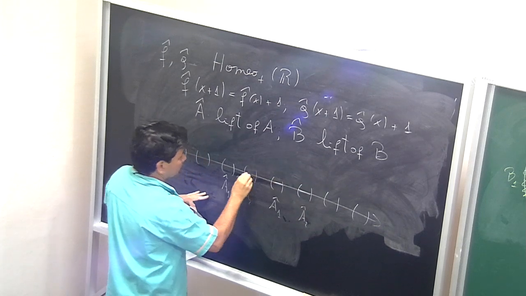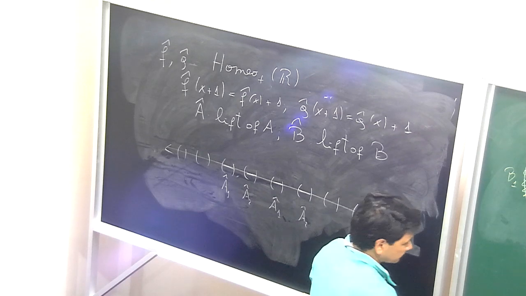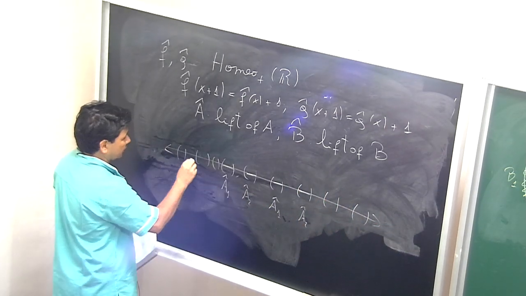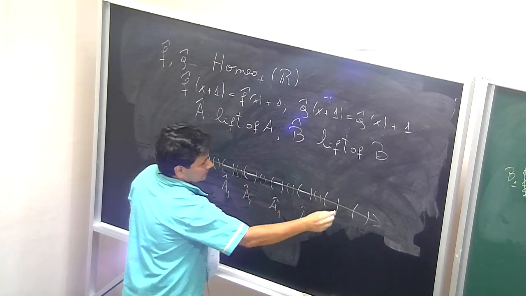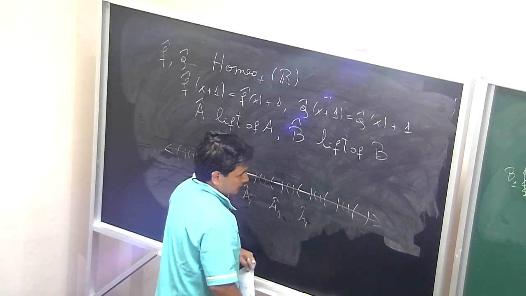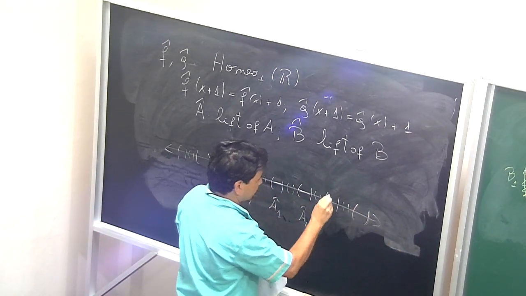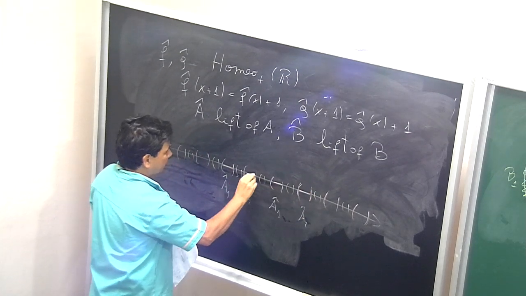This part corresponds to A1 and A2, and so on. And for B, there are some other intervals which are disjoint. So these are the B intervals here. Okay? And, sorry, I should use this for A. And the new set A,